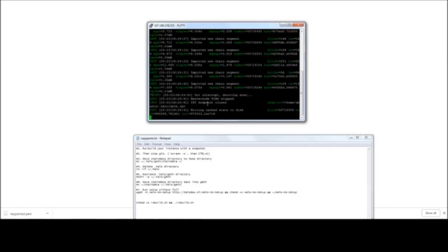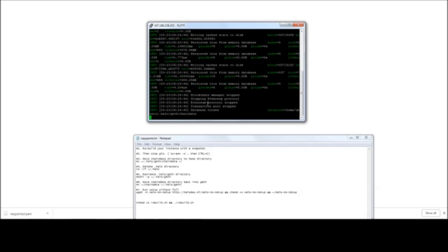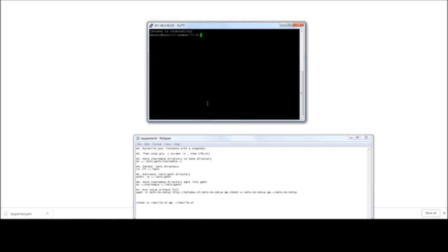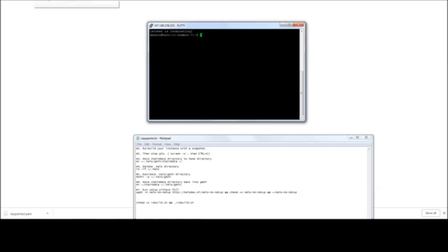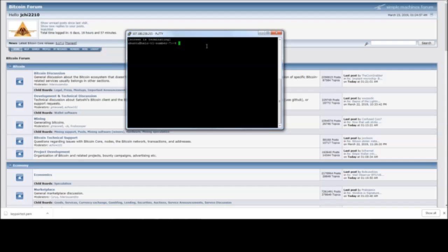Now you need to just let it sit here and stop. It might take a while, so now that one went fast. Sometimes it'll take a while. You just need to hit Control-C once, let it sit there and do its thing. I'm going to kill this page here and just go to a website. And once it's done its thing,